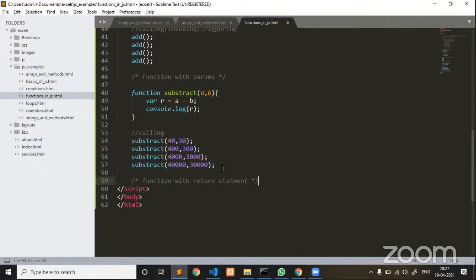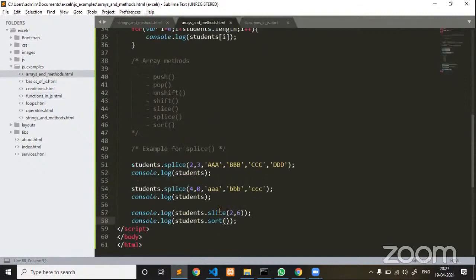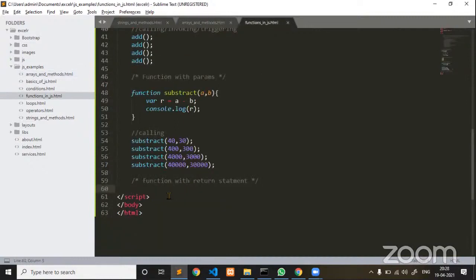Now, in many cases, even in the previous example I have used the array slice method. This slice method returns an array, extracting from a specific index, and it returns a new array. Similarly, when you are creating your own function, if you are planning to return an output, for example, guys listen carefully: convert string into uppercase.